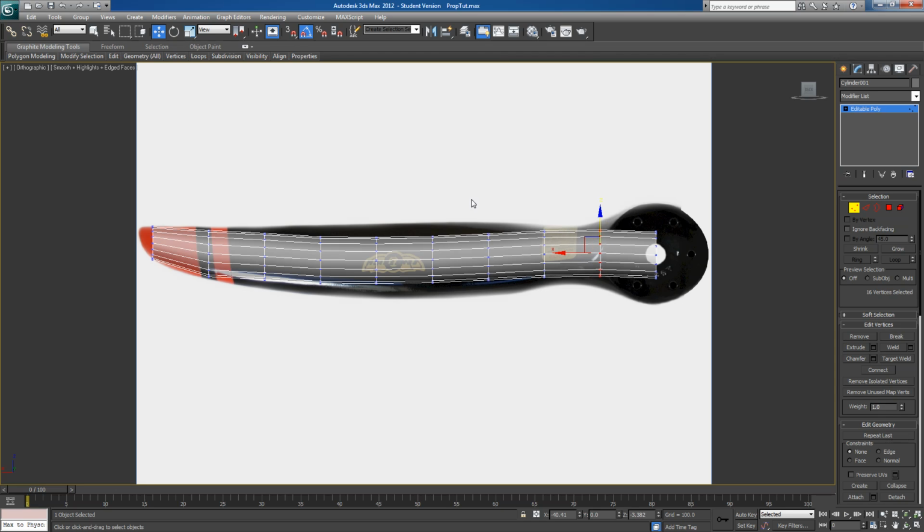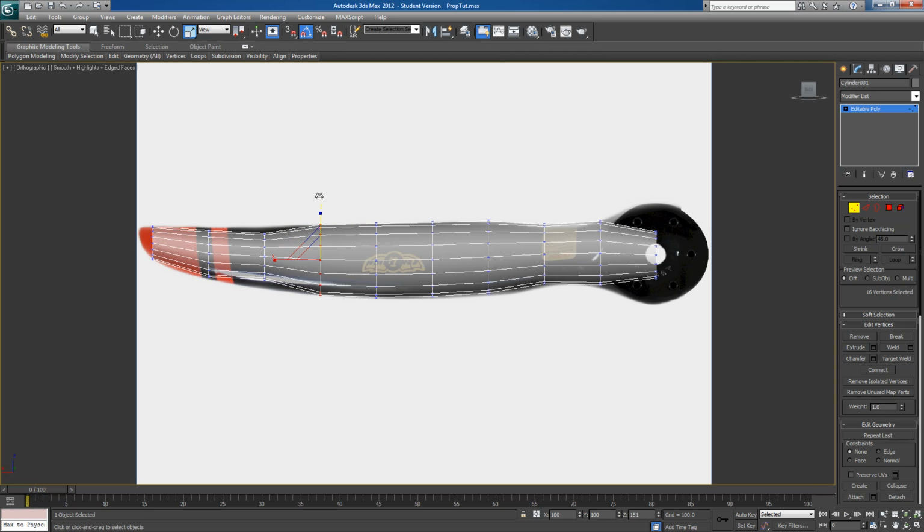Now I'll switch back over and start scaling. Get a general thing going here. It's really just a general idea of how to make a propeller for those who may not have an idea how to start one. This may not end up exactly like this propeller. I don't have a bunch of different views of it, but